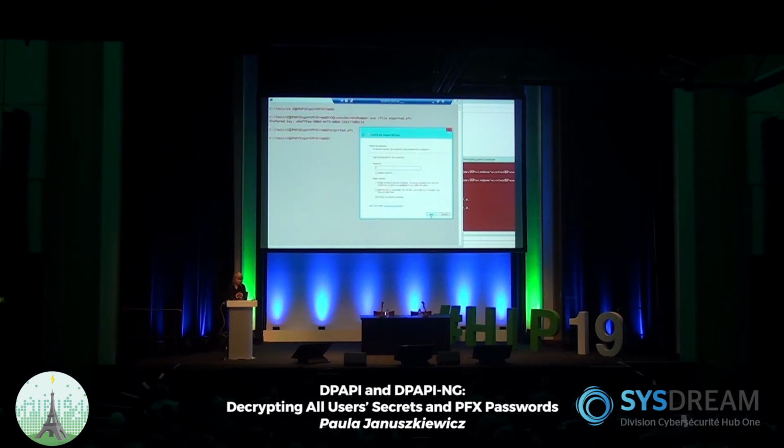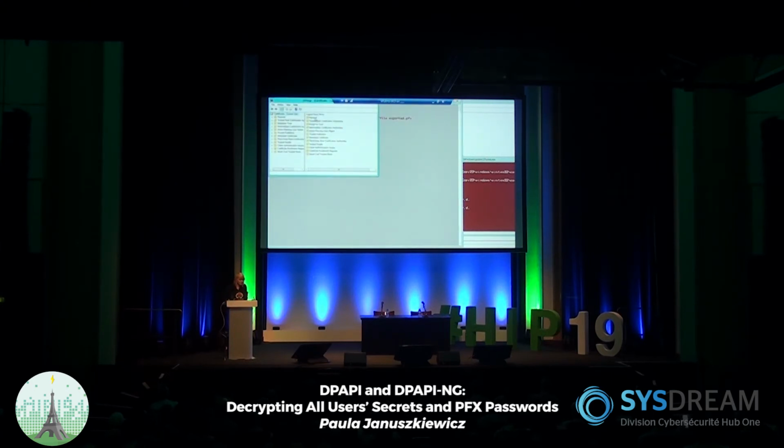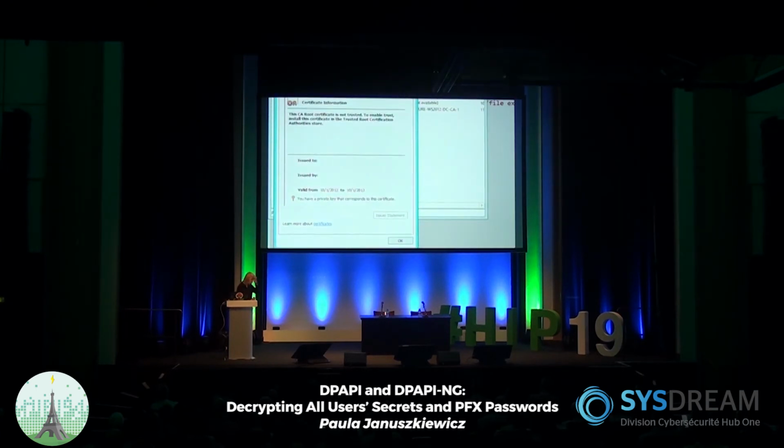So if we do import it, we don't have to, by the way, but I just want to show you how it looks like. Next. Password is secure, our company name. Next. Okay. And then certmgr.msc, enter. We go to the personal, and then certificates, and then we can see this not available common name certificate, which represents the certificate that has been issued to nobody, by nobody. By the way, it's valid only for 1 year.